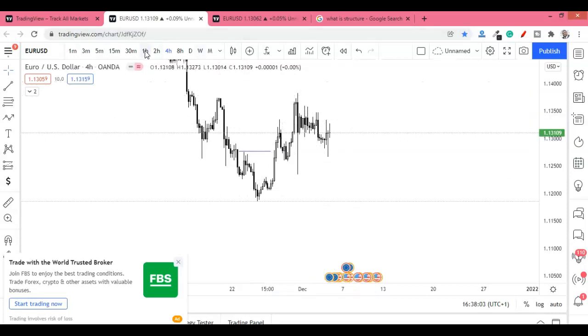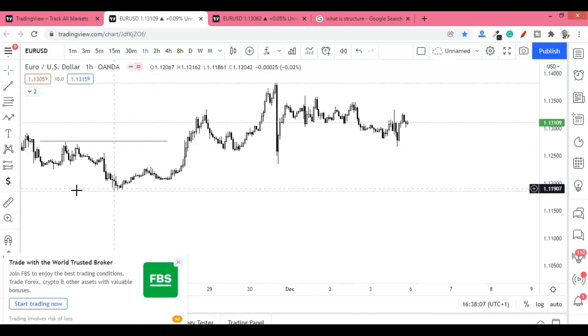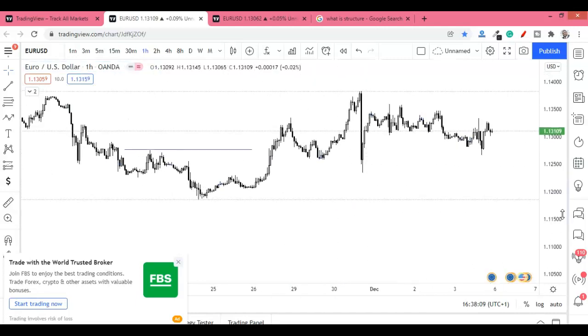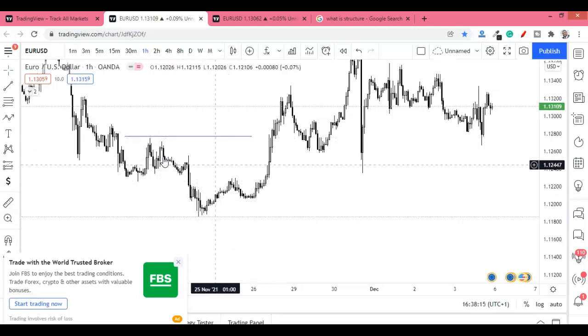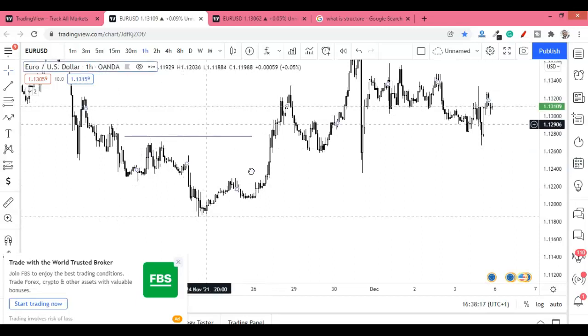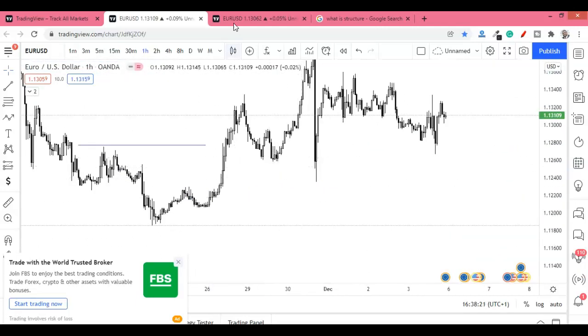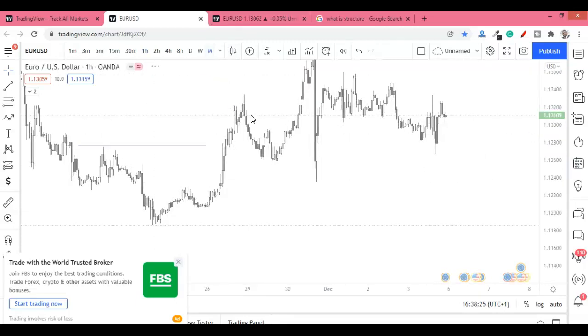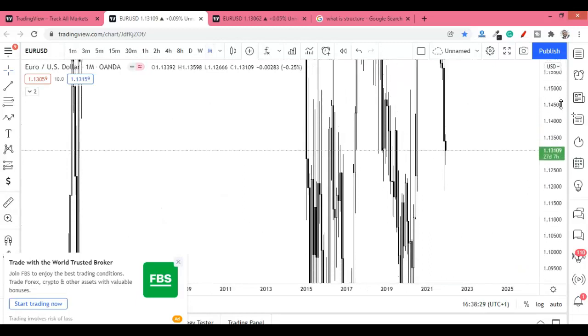If you look at the 1 hour as well, you can see that there have been a series of what? Breaks in market structure. Okay, from here, this is the last high that has been broken. This is multiple break of structure here, multiple break of structure in the hourly. Okay, so that is how to understand a minor break or a major break of market structure.